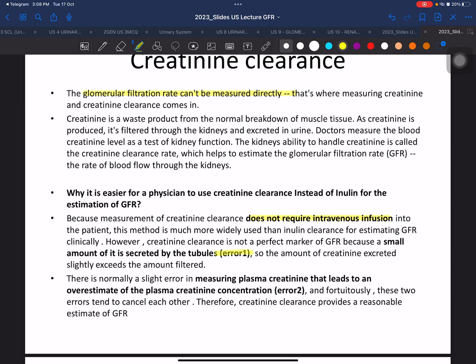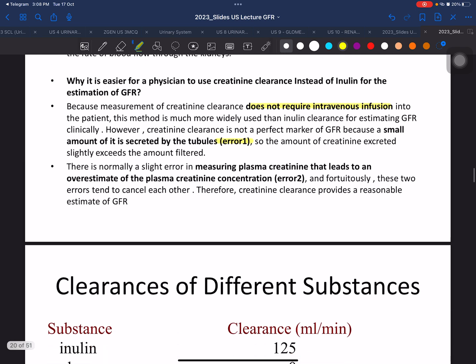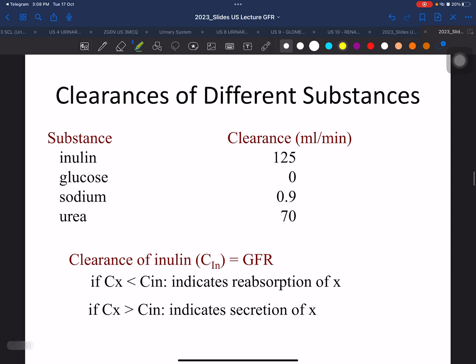From all this, the most important thing for you is to understand the concept of clearance. We have the substances inulin, glucose, sodium, urea, with clearance given in ml per minute. We know that the clearance of inulin equals the GFR. The next question is: if the clearance of substance X is less than the clearance of inulin,